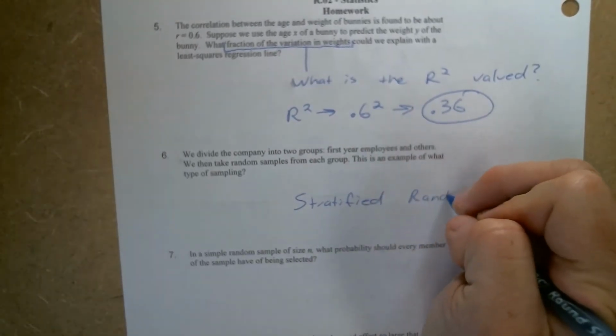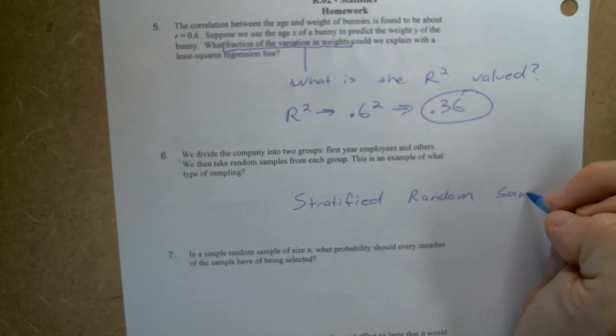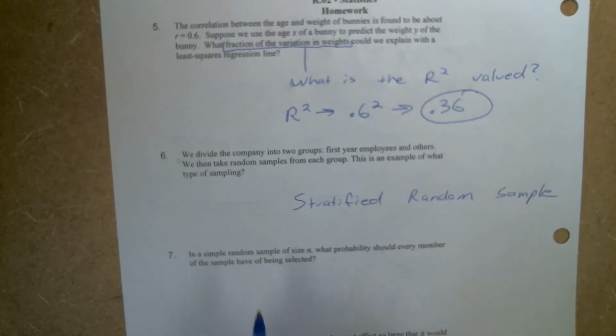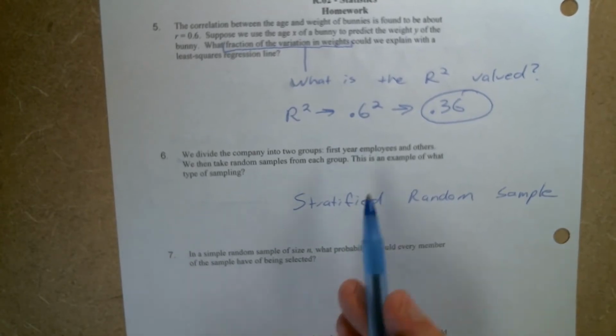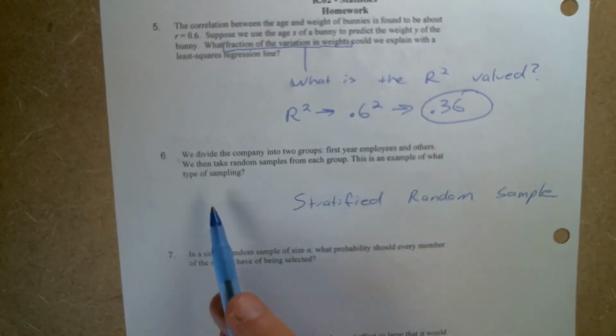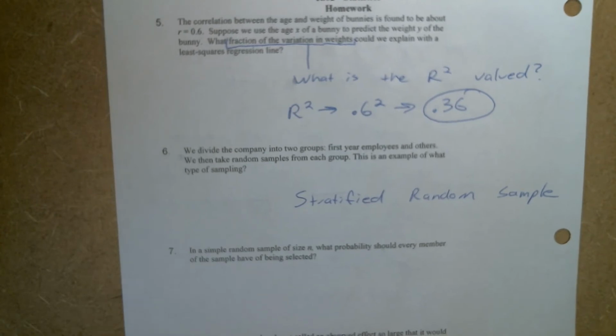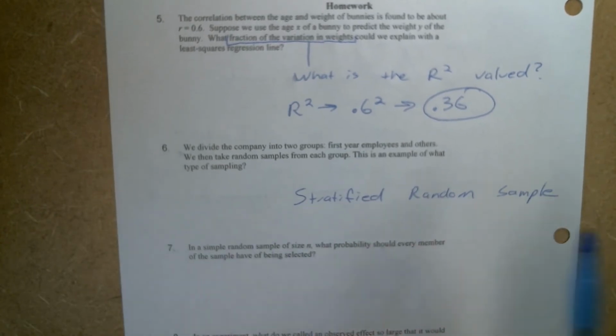random sample. All right, we talked about this a lot in class, but the example I would always give is it's like dividing our school into freshmen, sophomore, juniors, and seniors. Each group is slightly different, so we want to make sure that we're hitting up all of those groups. Same idea here. First year employees versus other employees. We're dividing those into separate groups to make sure we get representation from both. All right, so that's called a stratified random sample. And you should be familiar with terms like stratified random sample, cluster sample, census, simple random sample, and just what